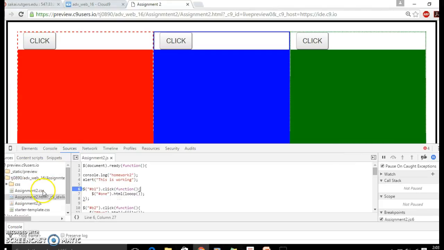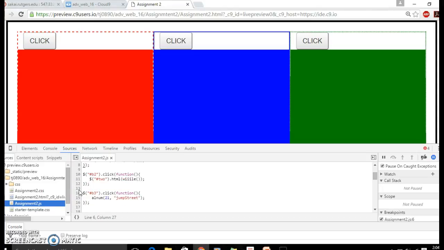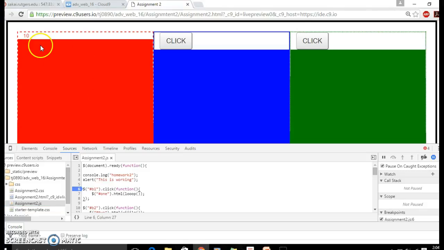But basically, I found the JavaScript file under sources. I put page breaks at each function. I believe that's what we're supposed to do. Or I tried it for this one at least. And then I press pause on caught exceptions. So when I press the button, nothing actually breaks. But when I refresh the page,